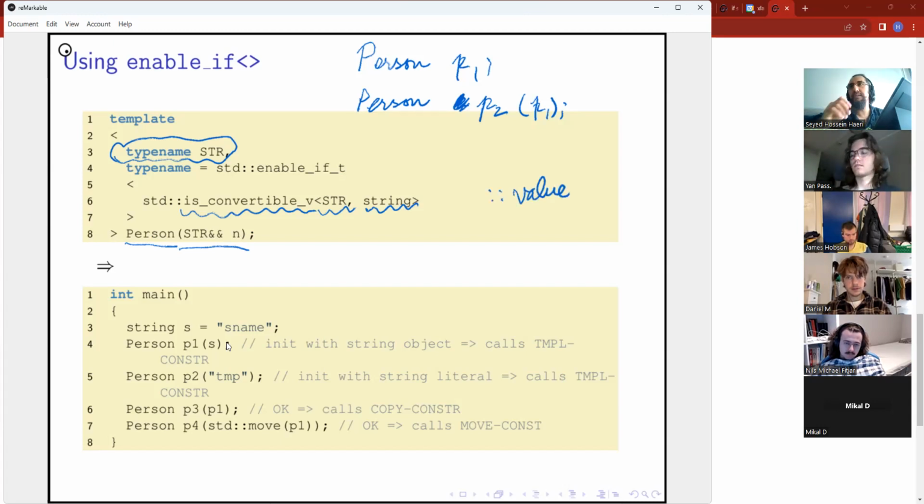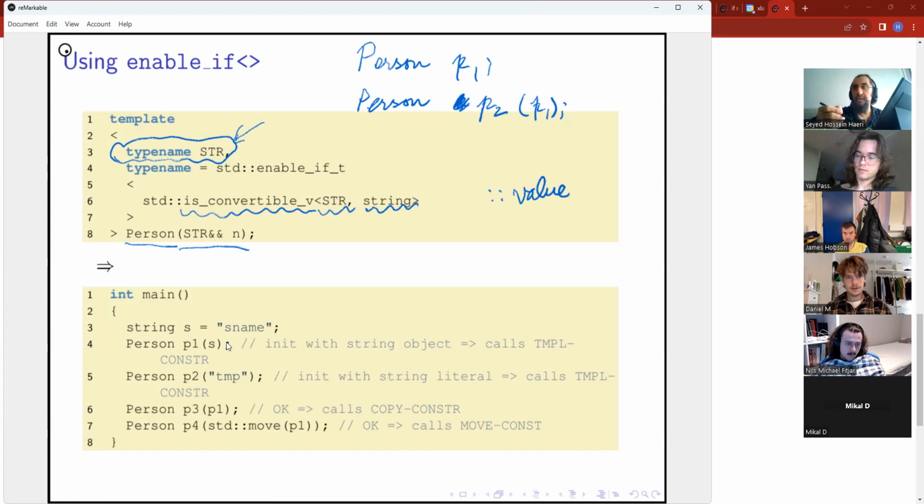We'll see these in the practice sessions. So what this is doing is regulating the types with which this template constructor of Person can be used.